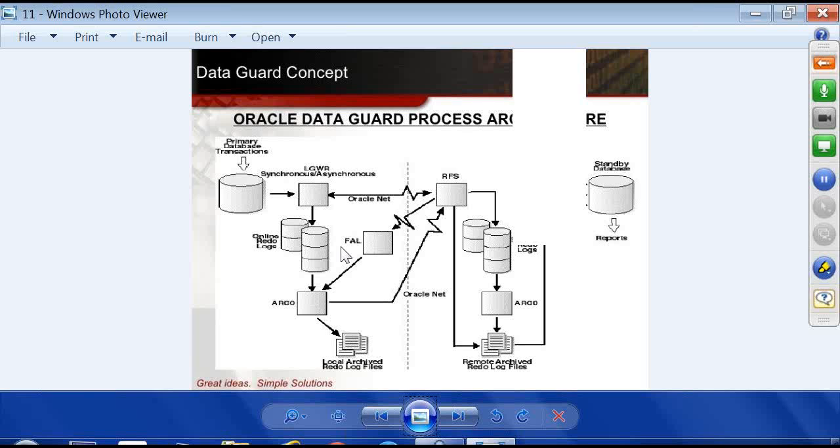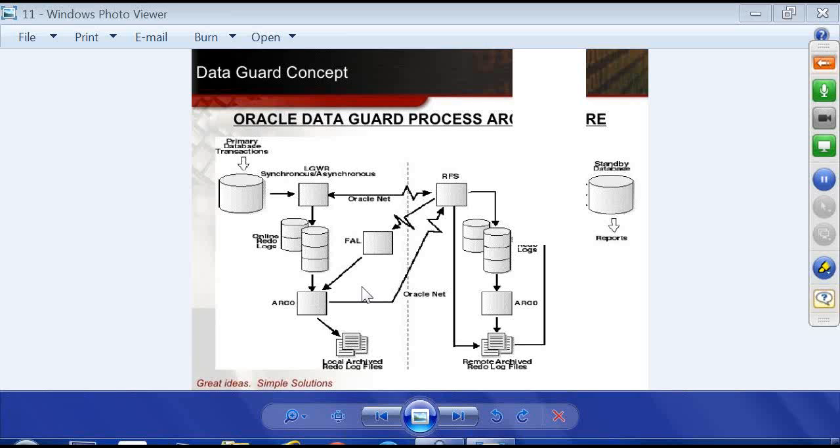The LGWR process will give a signal to the LNS process, which is present at the primary site, and the LNS process, with the help of Oracle Net, will send data to the RFS process, which is present at the standby site. The RFS process is going to receive that data,